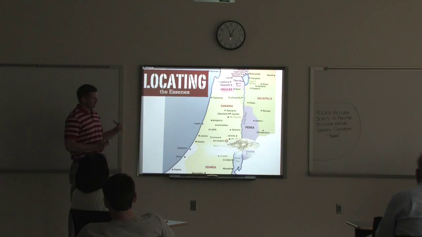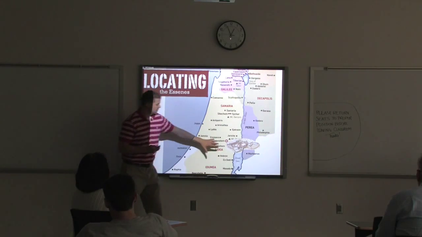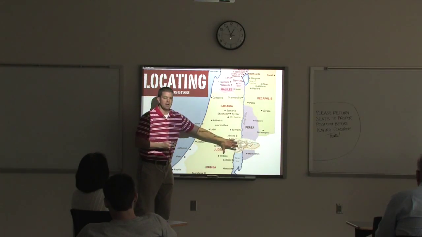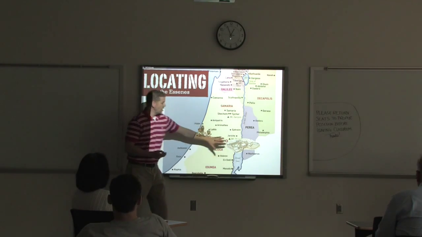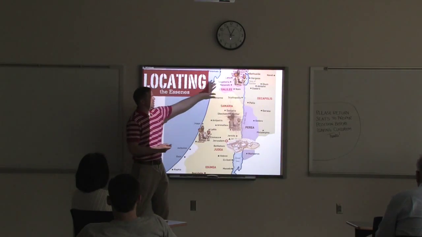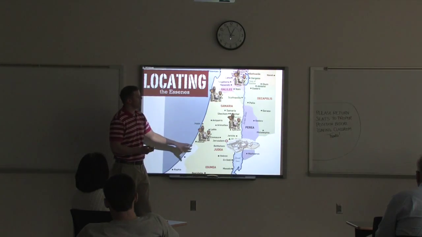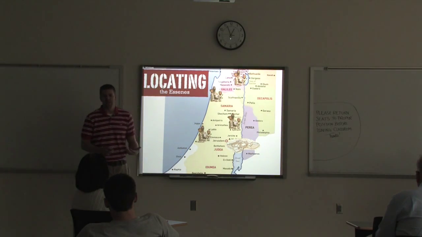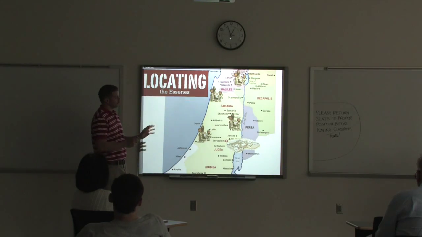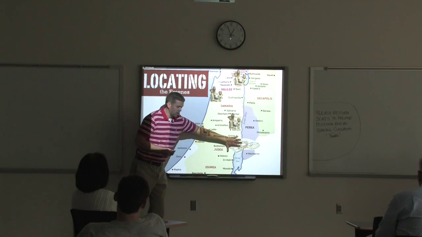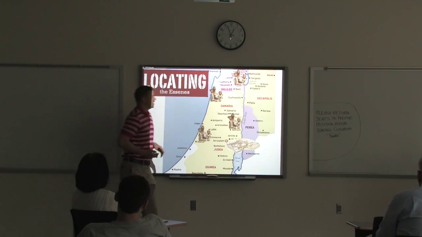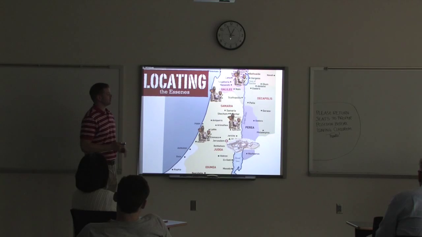Now, one of the, I guess, confusing parts about this is this. We have this community here, but this community does not exhaust the Essenes. There were other Essenes that lived not just here, but around ancient Palestine in this time. So there were lots of different Essene groups, and in fact, many of them probably had different perspectives, different viewpoints, different theology in different ways. But there were lots of them living right here. I don't know if this was their hub, but this was a mainstay. This was an important part for this group.